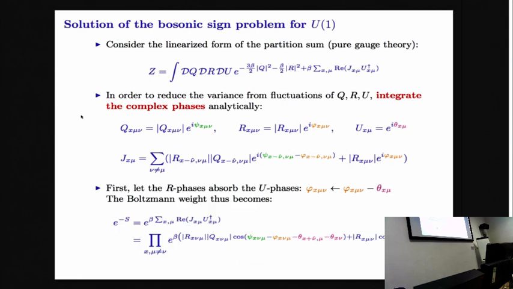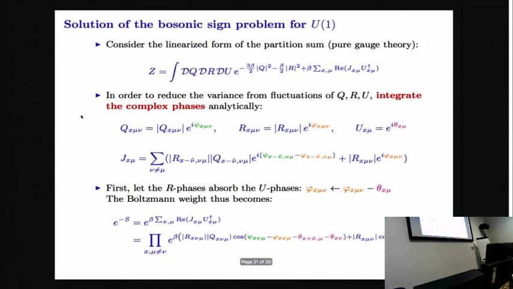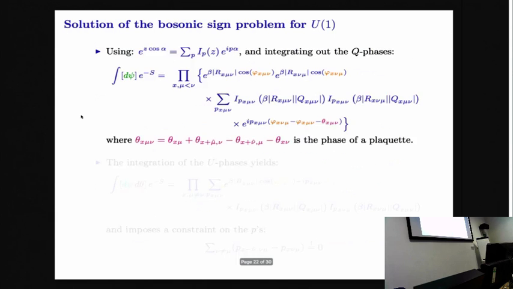You start by absorbing the link variable itself into the phase of these R's, and you get some term which depends on basically just the wedge of a plaquette. Doing so, we now integrate over the phases of the Q variables, and together with the expansion of these exponentials in terms of Bessel functions, you get something